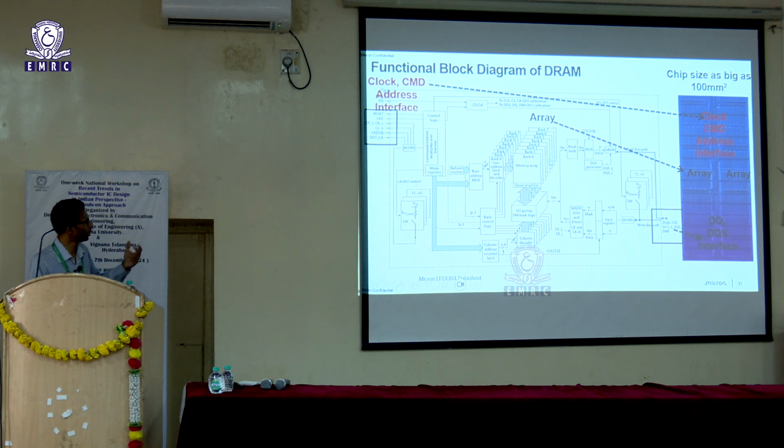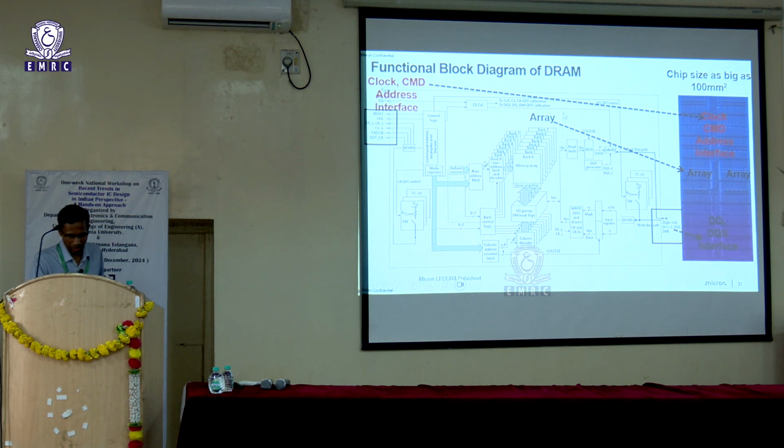So if you are reading some data out, this is the path that it takes. You have the read data coming out, gets buffered, and then you have a driver which can drive this data outside off chip, and then finally comes out as the DQ bus, and this DQ bus is what interfaces with your CPU. So we have seen this DQ. Now the other pins, we also have reset, clock, clock enable, chip select, command address, and on-die termination.